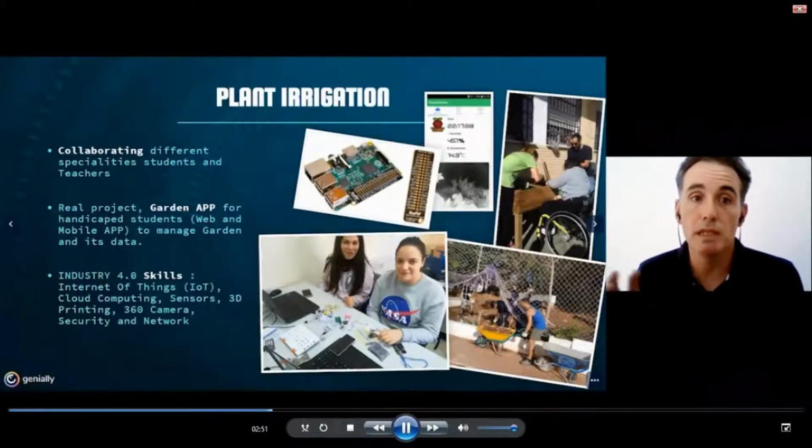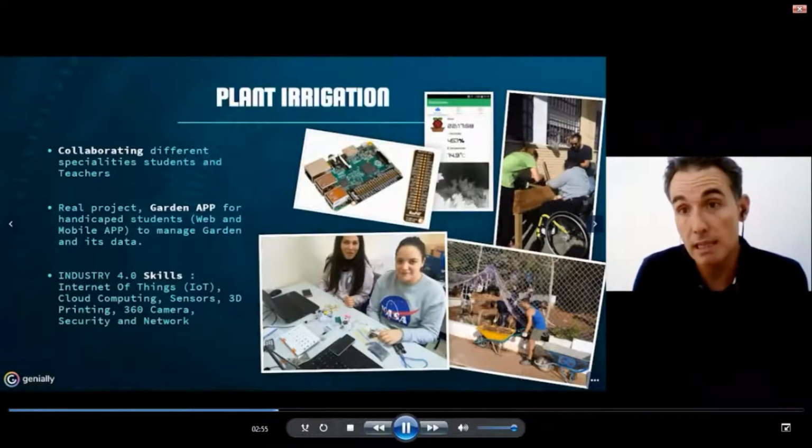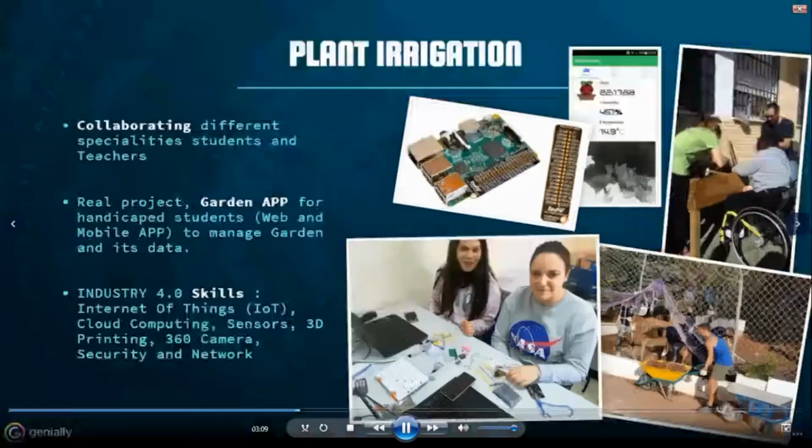We could put this garden app, because it's a garden app that is managed by web and mobile. They get data constantly, so the students can irrigate the plants, can see the humidity, can see the temperature, and can take a lot of data.